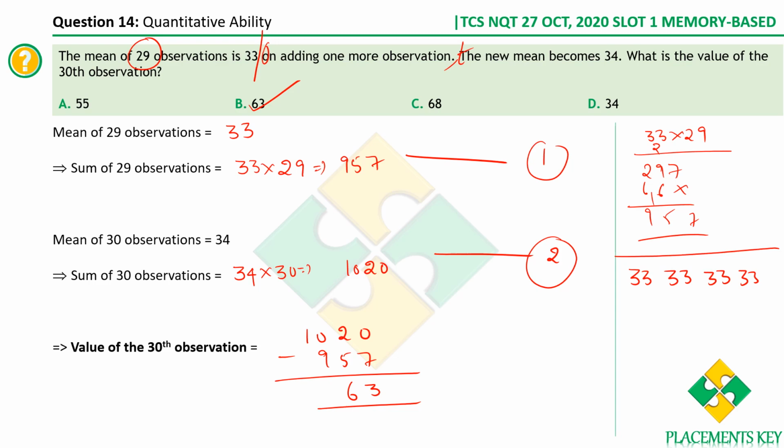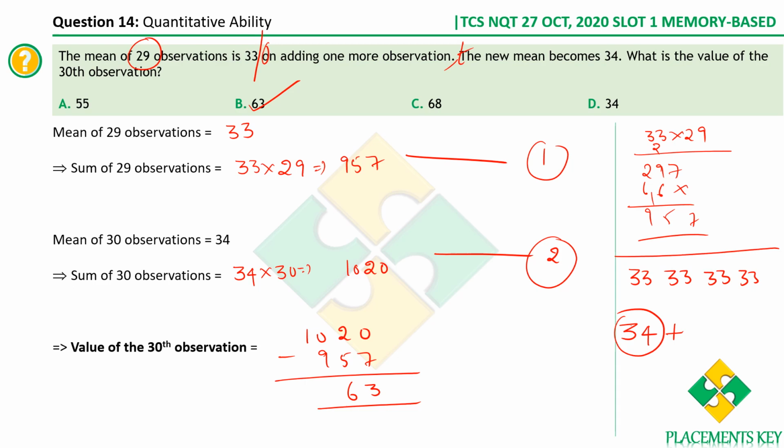Okay. Now what happens? One more person is added, and then the mean has increased to 34. That is, the mean increased by 1. Therefore, we can say that the new observation should have a value which is 34 plus something, because the mean has to become 34, right? So he should have over and above 34. He should also have something in excess. How much in excess? He should have 1 in excess to everyone.